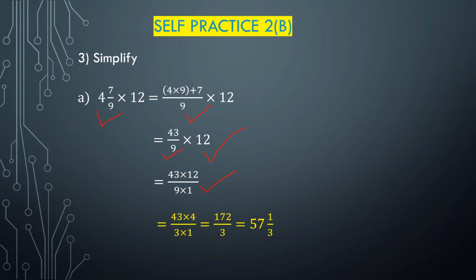We cancel this 9 with 12. 3 multiplied with 3 is 9 and 3 multiplied with 4 is 12. So we get 43 multiplied with 4 divided by 3 multiplied with 1, and 43 multiplied with 4 is